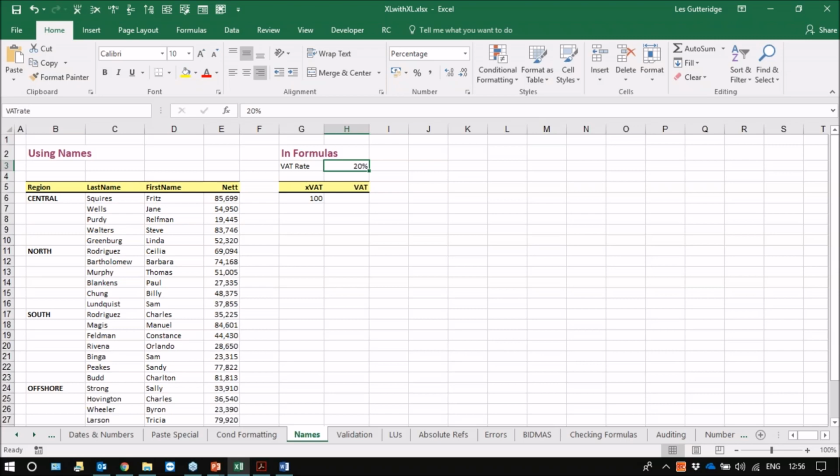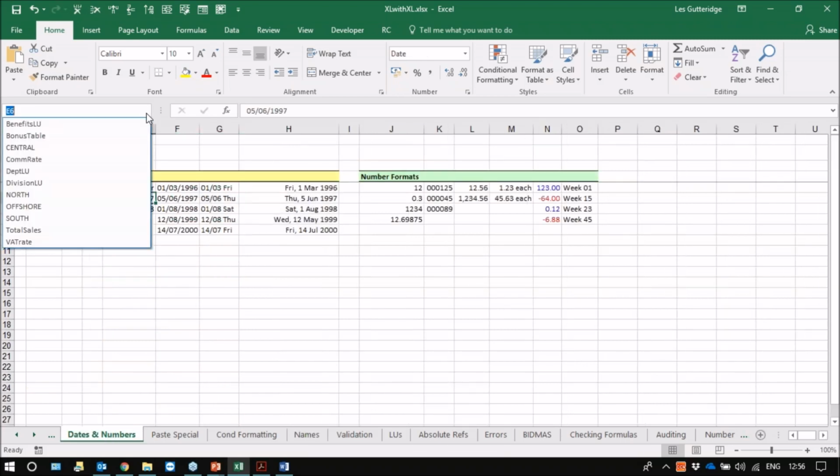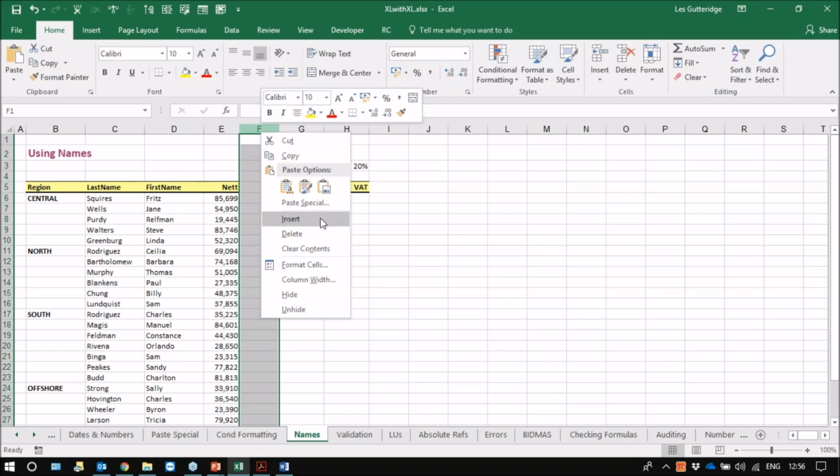I'm pressing enter now for it to take effect. I'm coming off here, I've gone onto a different spreadsheet. I'm clicking this down, VAT rate is now in the list. It's taken me to there as a bookmark. But not only can you use it as a bookmark, you can use it inside formulas. So if I insert a new column there,